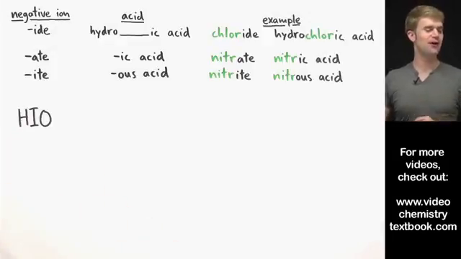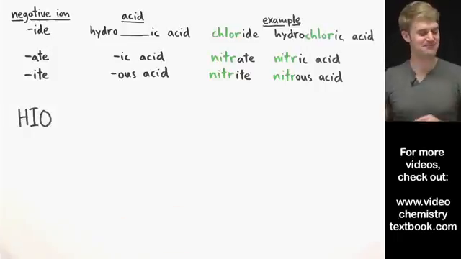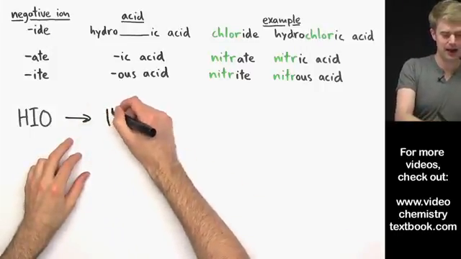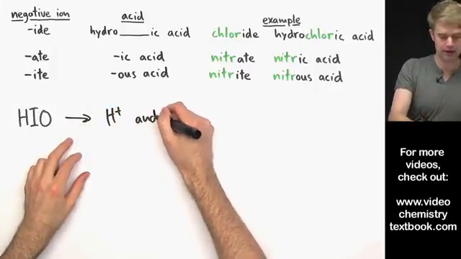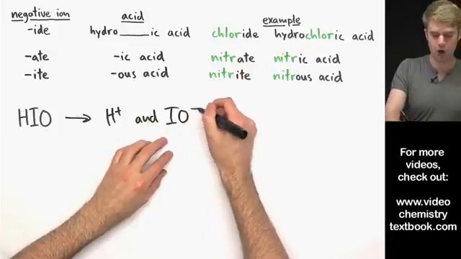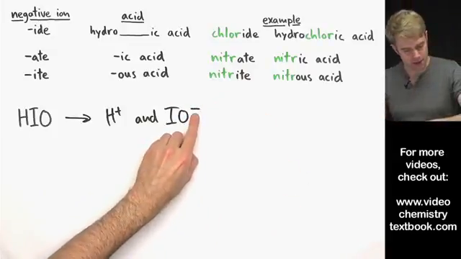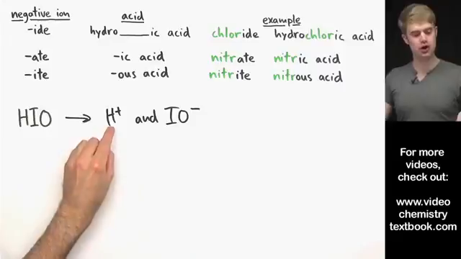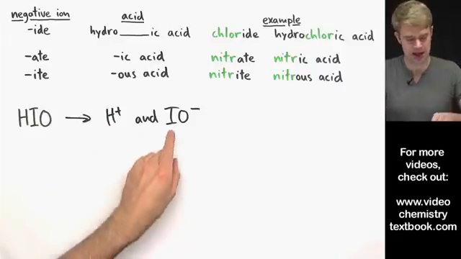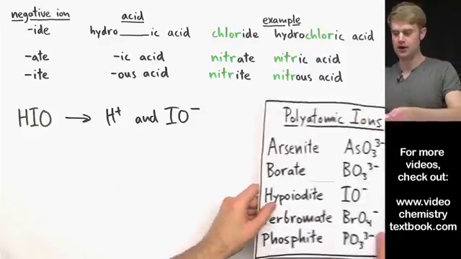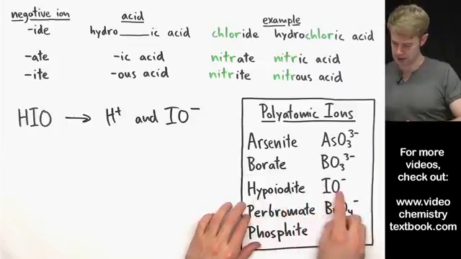HIO. All right, we'll break this apart into H plus and IO 1 minus. It's IO 1 minus to balance out the 1 plus charge on the H. What is the name of this polyatomic ion here? We got to name it. It is IO 1 minus